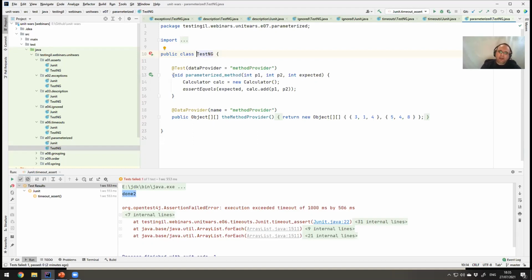The way you do it in TestNG is, for the test, you specify a method called a data provider. This is the name of the method. It's here. And you specify the DataProvider annotation with the same name. Basically, it's going to provide two sets of values, this one and this one. For each run, it will inject them as parameters here. So for example, 3 plus 1 should equal 4, 5 plus 4 should equal 9, and it will fail on this test. So if I run this,